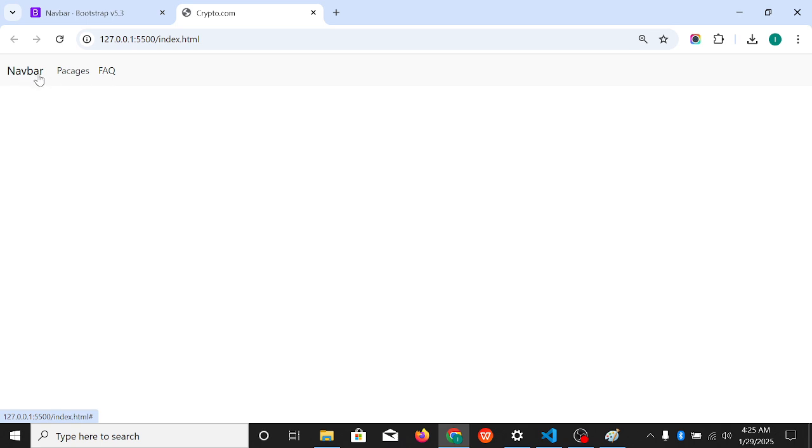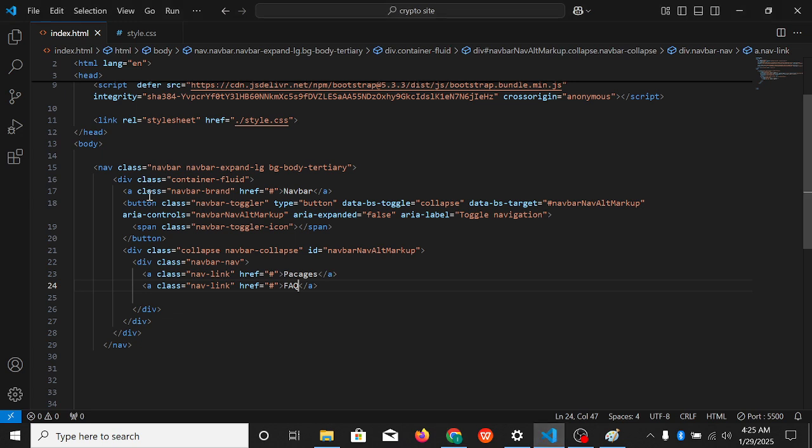Now this navbar, you can see the name. We don't want it to be like this. We want to change the name to our own name. So you go to the code, check where you have navbar. You can see it in the third line here. You can see the navbar brand, and you can see navbar. So we'll be changing